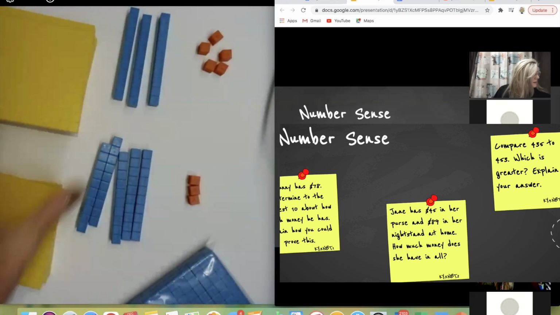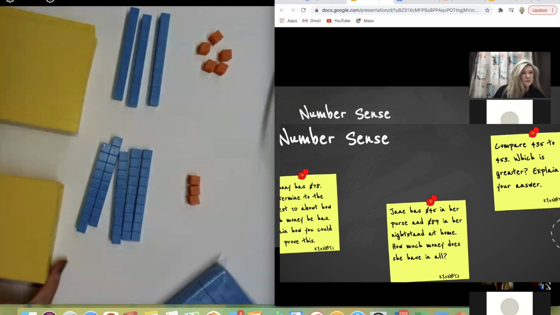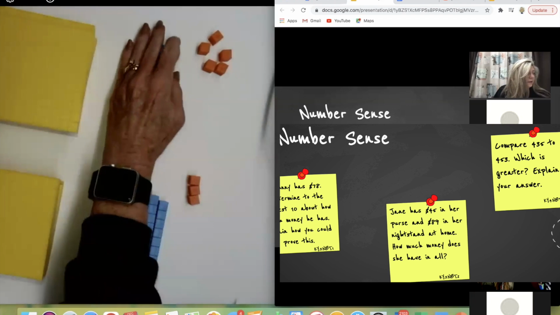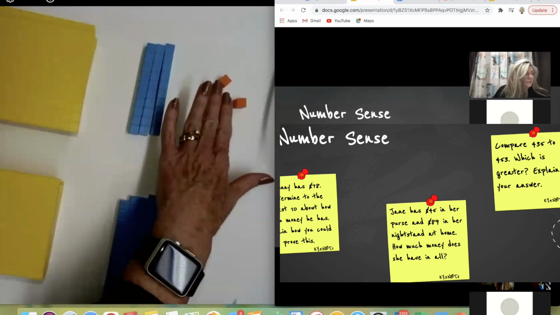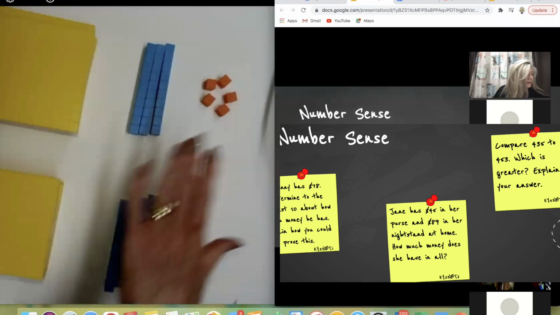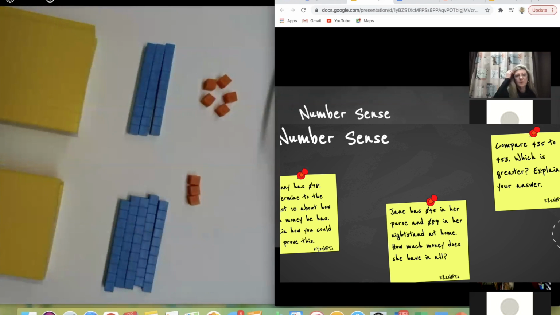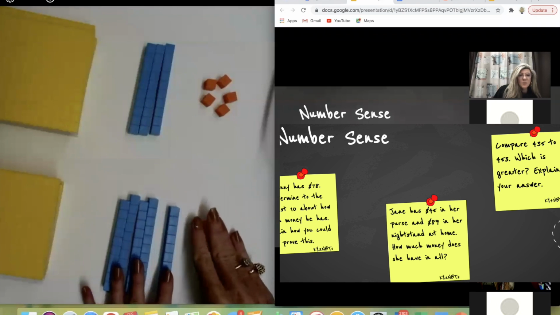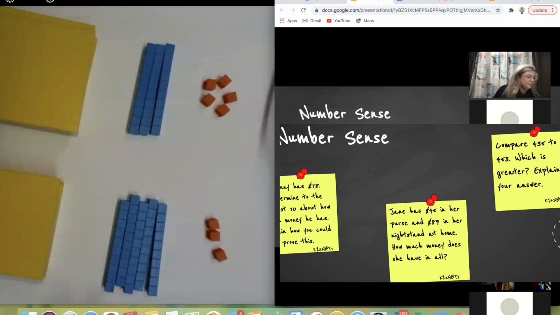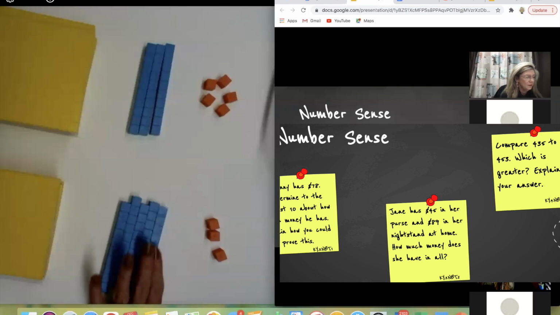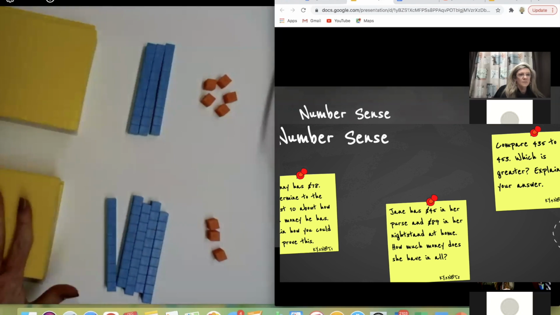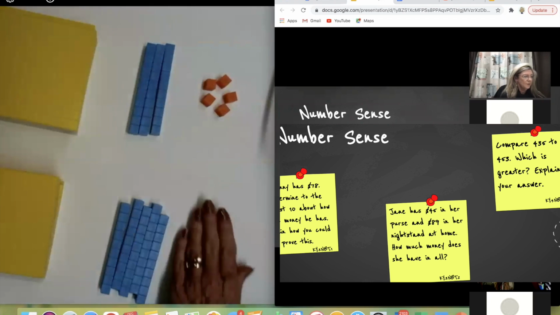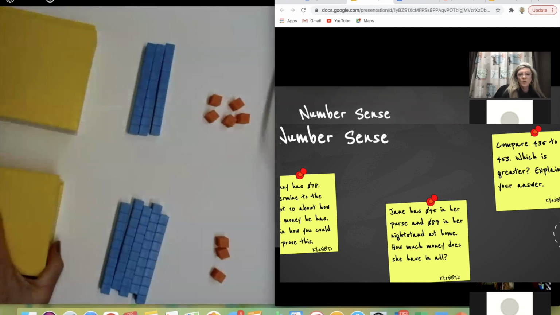And this is the way I always did this with my students. And I worked with primary students most of my career. And at the end of being in the classroom, before I came to KVEC, I was a math interventionist. So I worked with students who needed intervention in math. So this was what I always did with my kiddos, is I would have them line their numbers up. We would build it, and we'd put the hundreds beneath each other, the tens beneath each other, and the ones beneath each other. And we'd talk about, first of all, which is worth more.